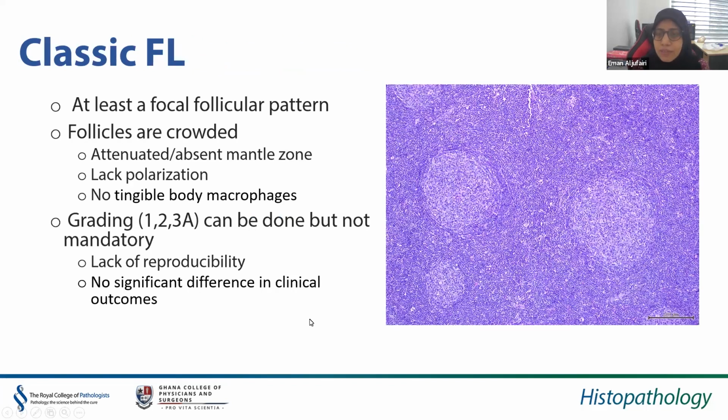So the classic follicular lymphoma is more or less what we've been knowing for years and what we usually call follicular lymphoma. It's the most common subtype out of the 4. In this new definition, it must have a follicular pattern at least focally. And as we all know, usually the follicles in a follicular lymphoma will be crowded, they will lack a well-defined mantle zone, so it might be ill-defined or totally absent. We don't have any polarization or tingible body macrophages within the germinal centers,